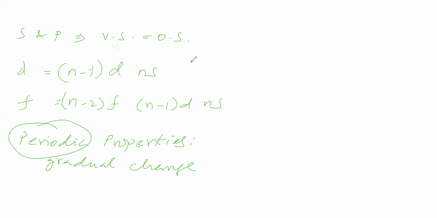If we are unable to find atomic radius, what is the other solution? What is the other possibility? The other possibility we are taking is the metal lattice. We are taking metal crystals.